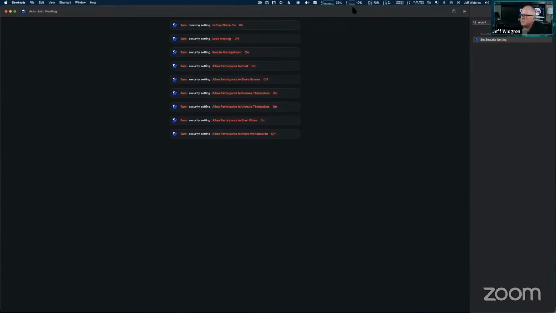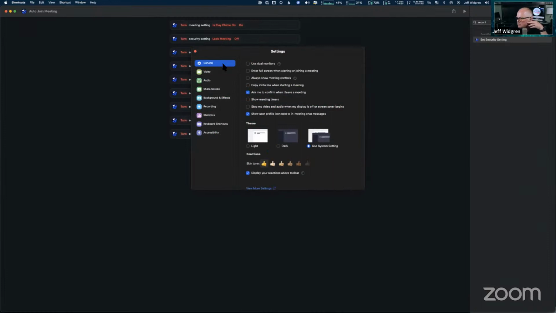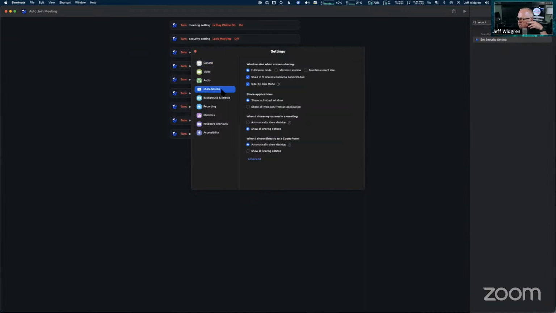Okay, let me go to, gosh. Oh, here we go. Let's do this. Go to settings that way. Oh, let's do always show meeting controls. And then is it share? Which one shows the Zoom tools?